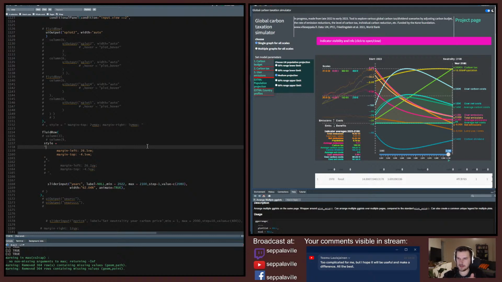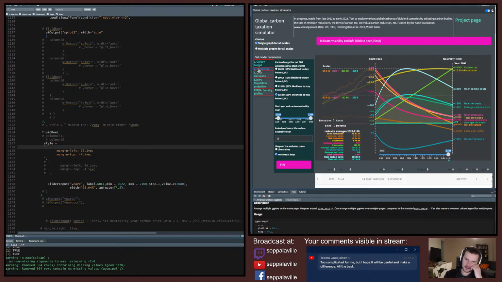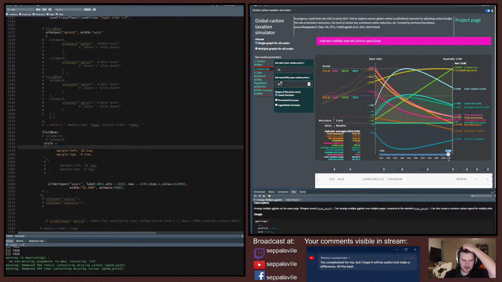One is people who are involved in this stuff and know about carbon budget models, and have some idea of how a carbon tax would work. So this could be some kind of modeling tool maybe, but also for the wider audience,